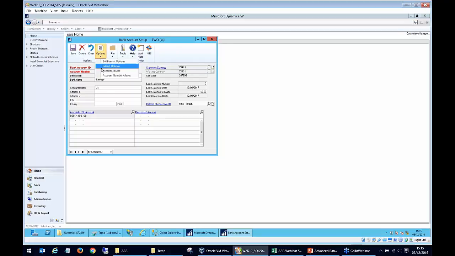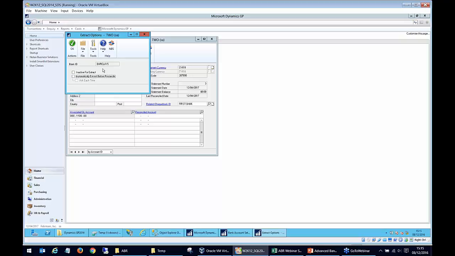So other options within here are the extract options. Now, extract options, you can automatically extract before reconcile. What it means by extract is there's a process to extract the transactions from those associated GL accounts against the bank account and put them into the bank reconciliation window, so you can actually match them. You can do that by date range if you'd like within the extract setup, or you can do it automatically with this option here, and every time you open the bank rec window, it will ask you, do you want